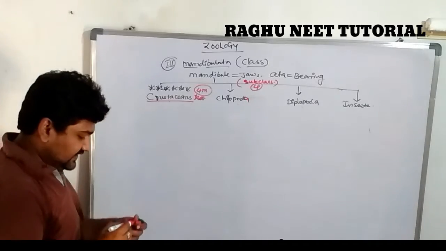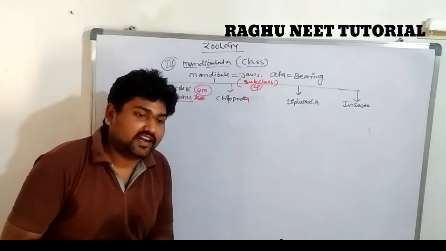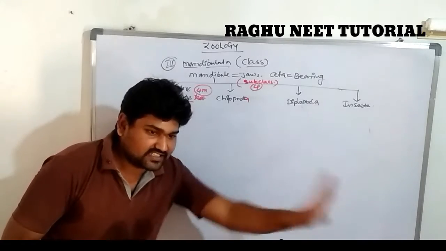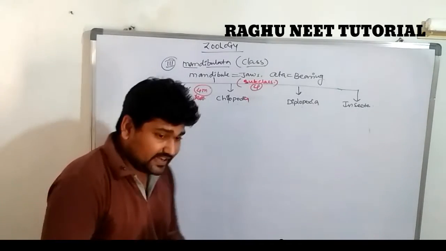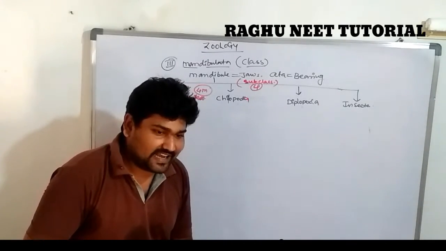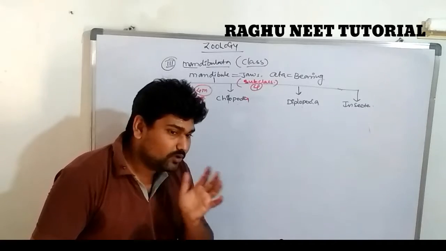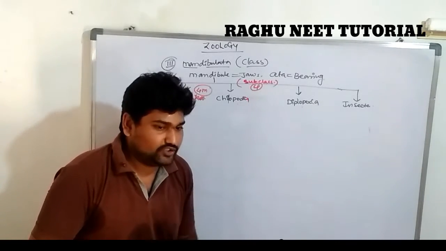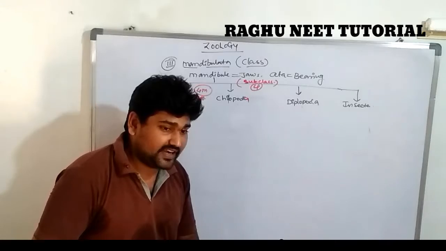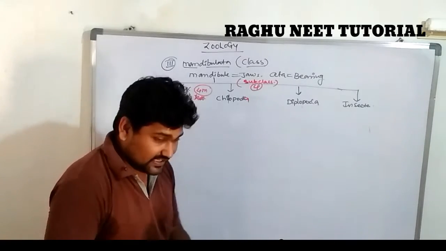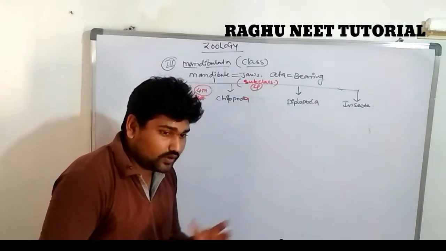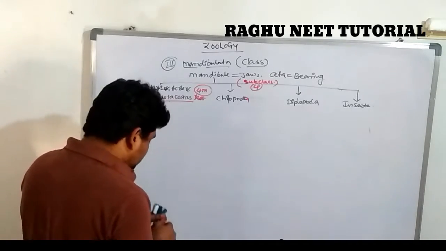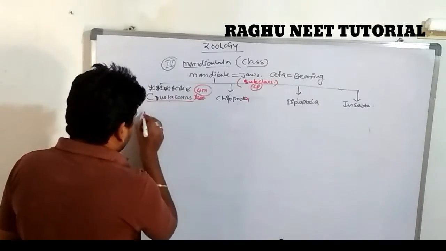What are crustaceans? Crustaceans are completely aquatic forms. Very, very important. All crustaceans are aquatic forms. The body is covered by an outermost covering. The outermost covering skeleton is known as the exoskeleton. It is made up of calcium carbonate. That calcium carbonate layer is known as the carapace. Let's see the diagram. The crustacean, first one.